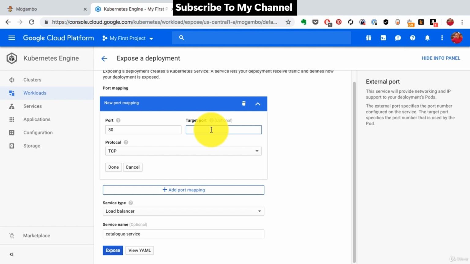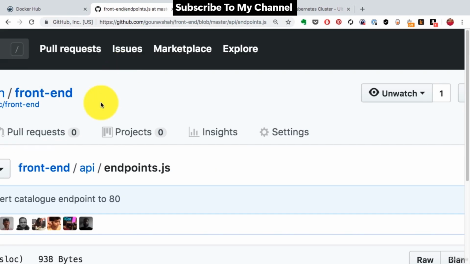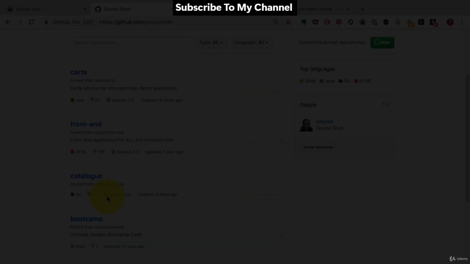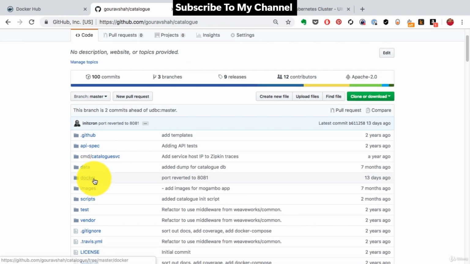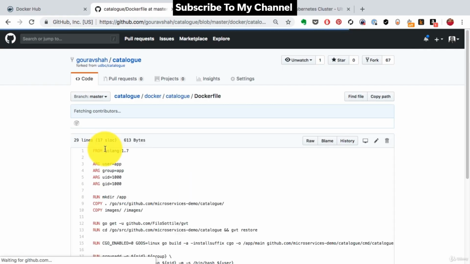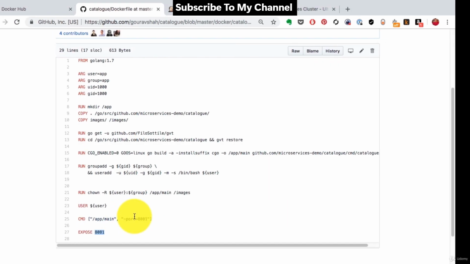Now the port: the front end app connects to catalog using port 80. So that's why the port I have defined is 80. But the application catalog itself might be running on some other port. If I want to find out that port, I need to go and look at either the Docker file or the Docker image description and find out which port is supposed to be exposed. In this case, its expose instruction says 81. So I pick that port